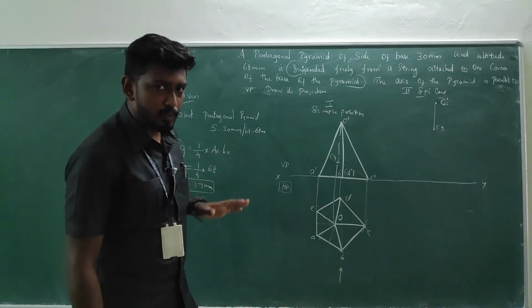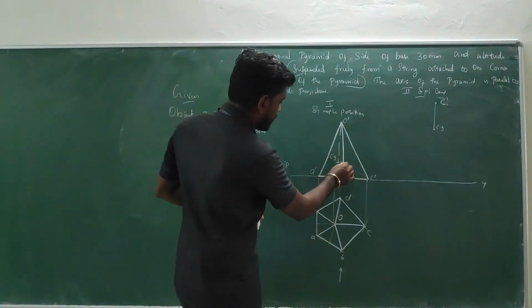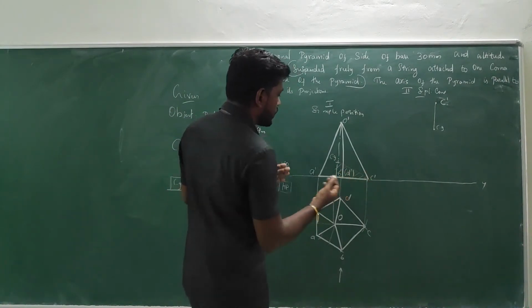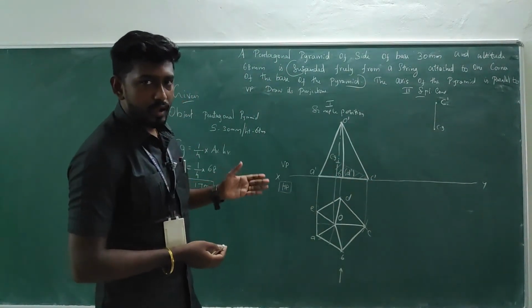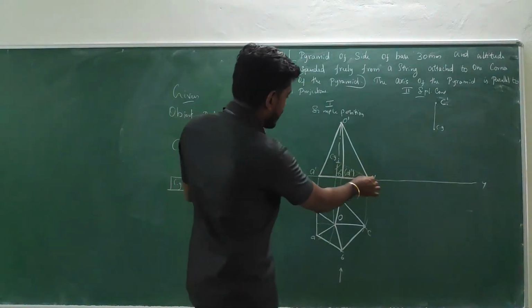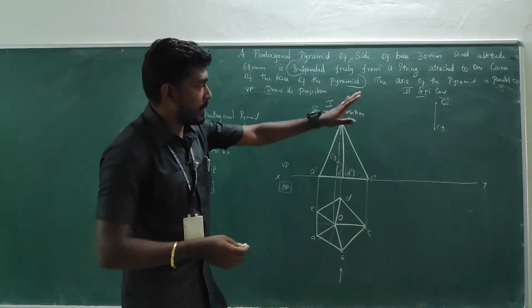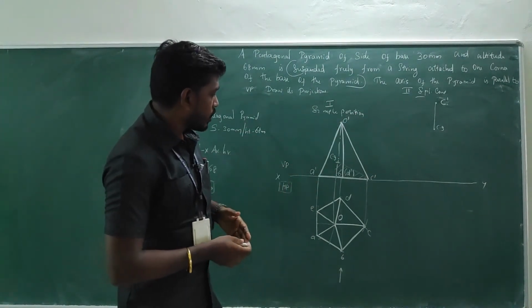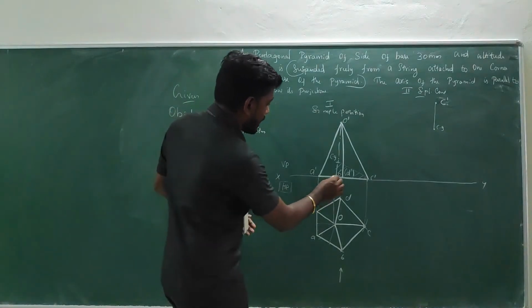Next, our concentration should be, if you look at the diagram, there is a triangle. Am I right? There is a triangle. You need not shade it, but in order to make you understand, I am shading it. So you can see the right angle triangle. These things should be identified first of all.